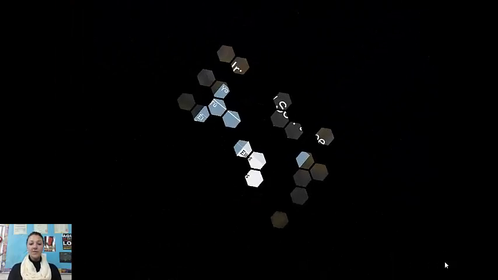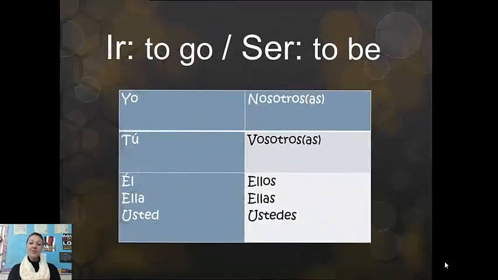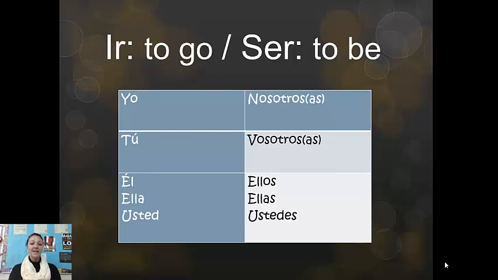The next 2 verbs that we're going to learn mean 2 totally different things, but they actually have the same exact conjugations in the preterite tense. Now that might be a little bit confusing to you because I'm sure that you'll start to wonder, well, how will I know which one to use? Or if I see it, how will I know which verb is being used? Well, since the words have such different meanings, based on context clues in a sentence, we're going to know which